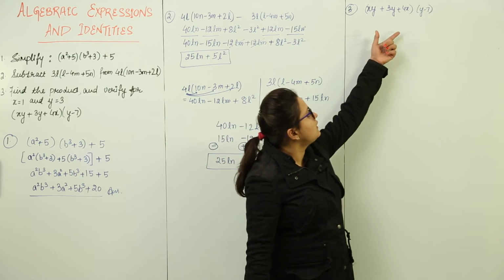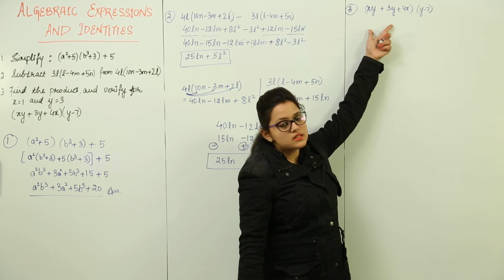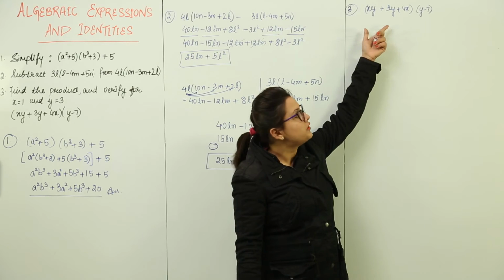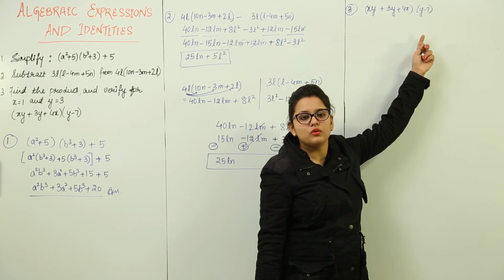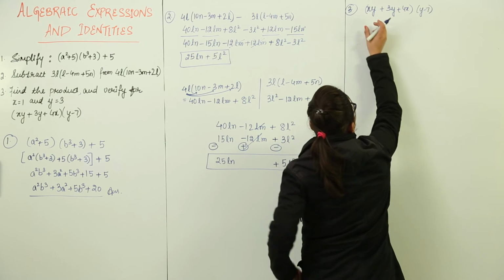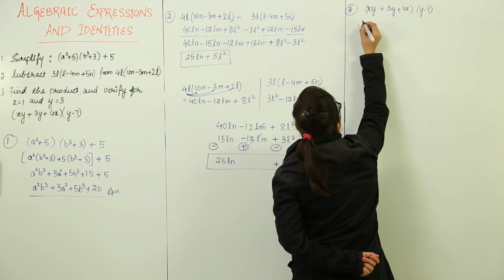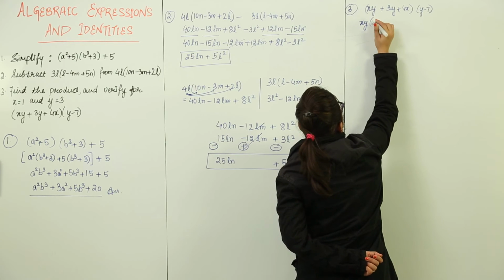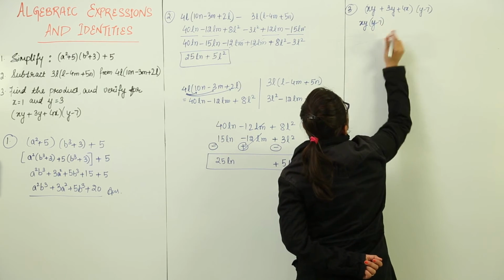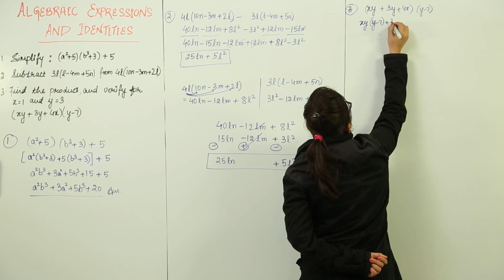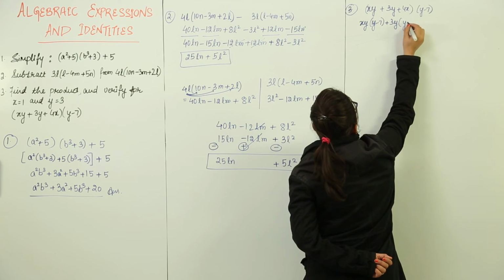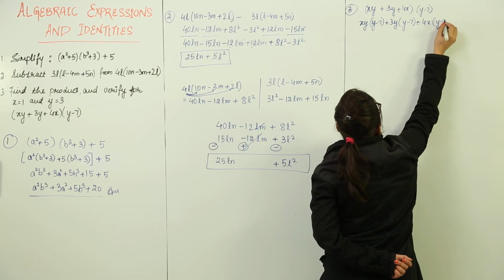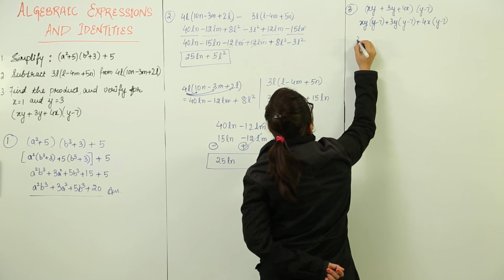I told you to identify which case is this. See, this is having three terms, so it is a trinomial, or you can say a polynomial, right? And the other term is a binomial. So what do we do? We take the first term of the first expression as it is, and we write the next expression. Next full expression should be written in brackets. Then the second term of the first expression and second expression as it is, and third term and the second expression as it is. How do we solve them?